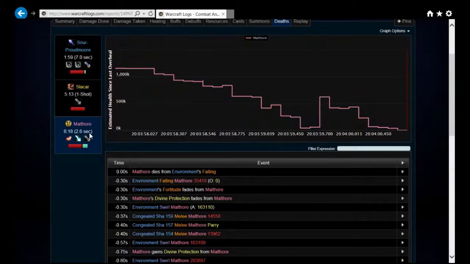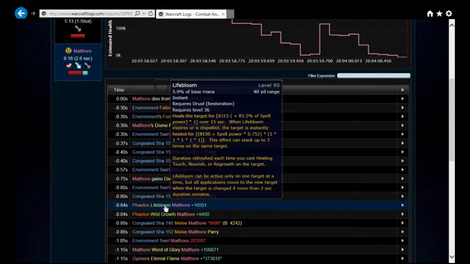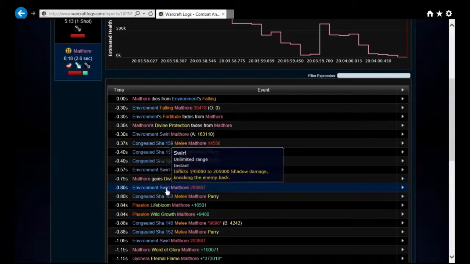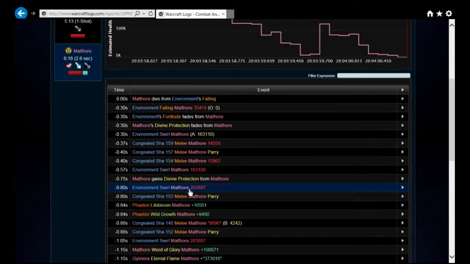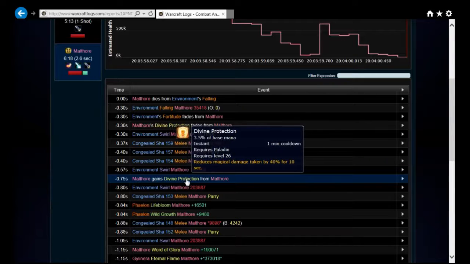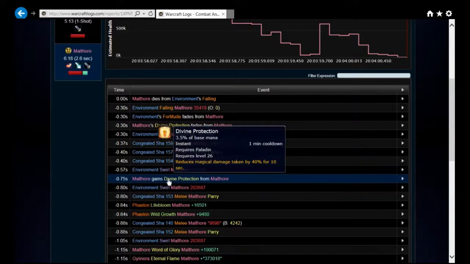Now we look at Malthor, and it says here that the actual death was from falling damage, which is kind of crazy. You don't expect that in a fight too often, but that was just what put him over the top. If we look down here, we can see, at 84 seconds before he died, he had a Lifebloom tick on him. Congealed Shaw hit him. Then he got hit by Swirl at 0.8 seconds, and that was 203K. Swirl got him again for 163K. You can see here that Malthor popped a personal cooldown to try to save himself. So he got hit with the first Swirl, popped a personal cooldown, which is exactly what you want to see